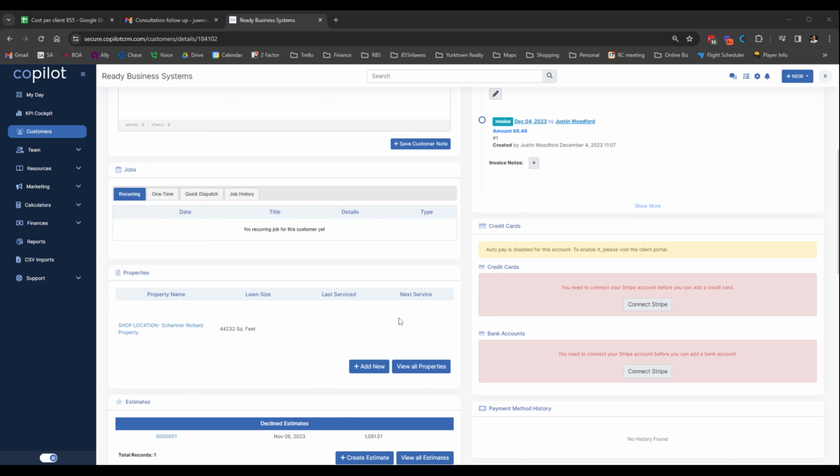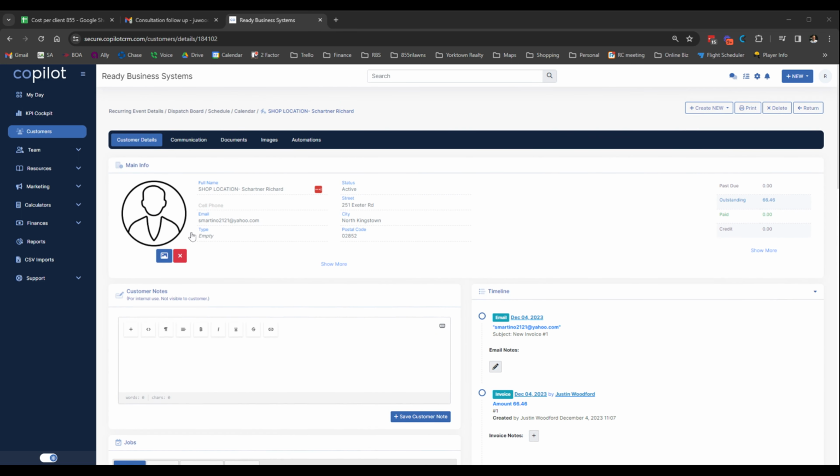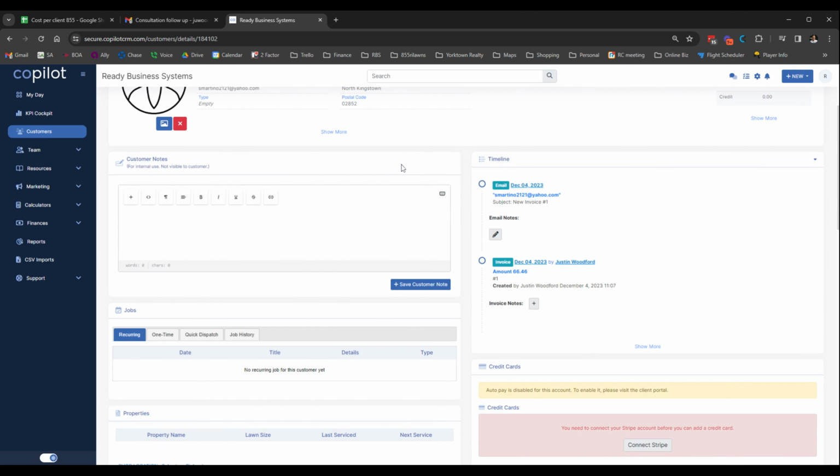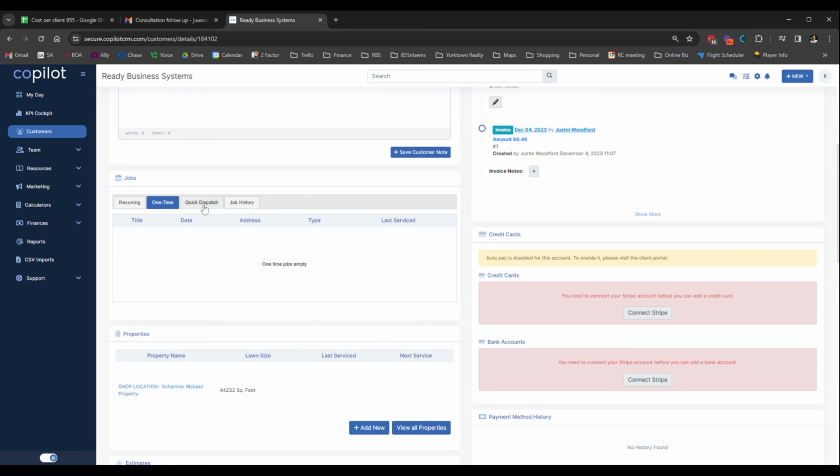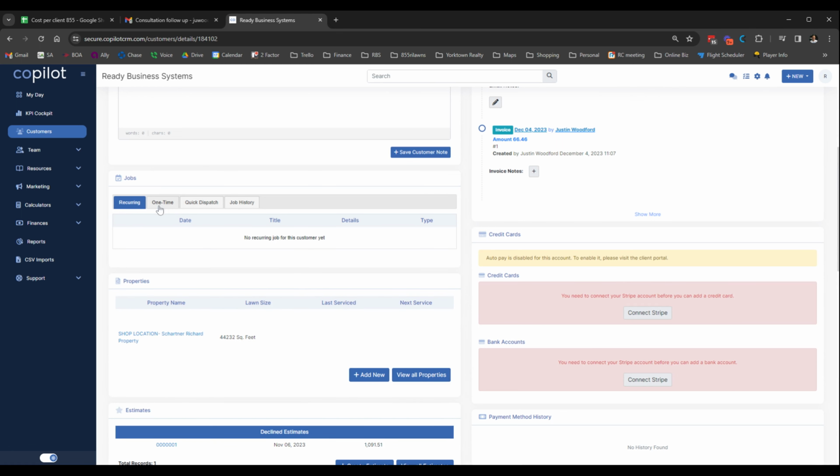I'm going to be digging more into the dispatch board. So I'm going to start from scratch here, now that I have this figured out a little bit, and I'm going to try to schedule a fertilizing package as well as a recurring mowing job for this example client here, Shartner Richard. So I'm on customers, on the client page for this client, and we have nothing listed here in the jobs. So first thing I'm going to do is add new